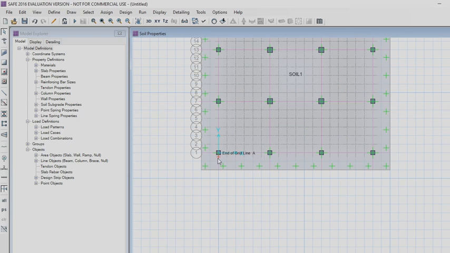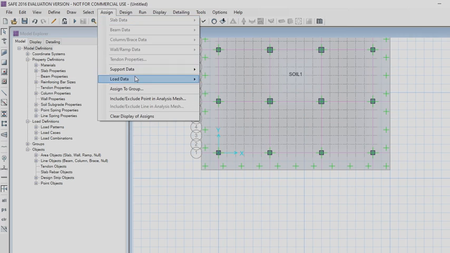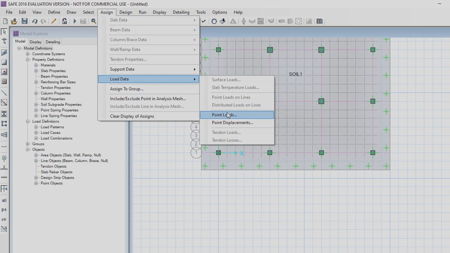Now select the column 1. Go to assign menu and select load data and choose point loads.